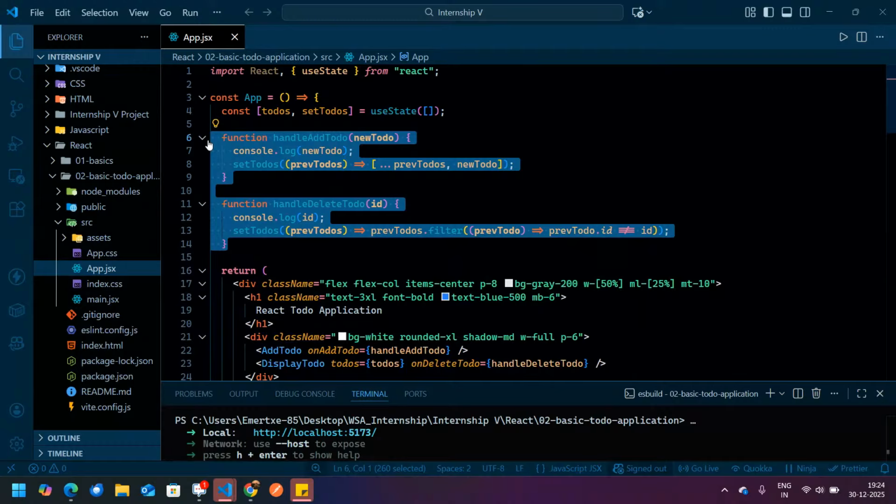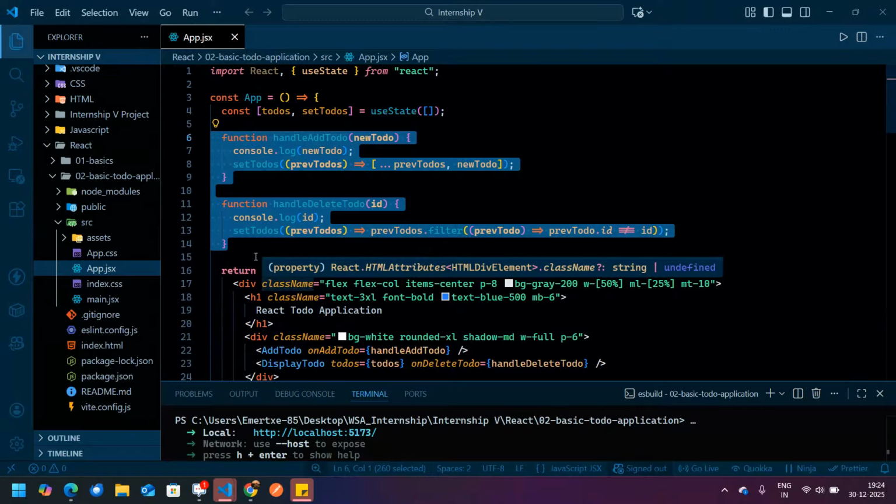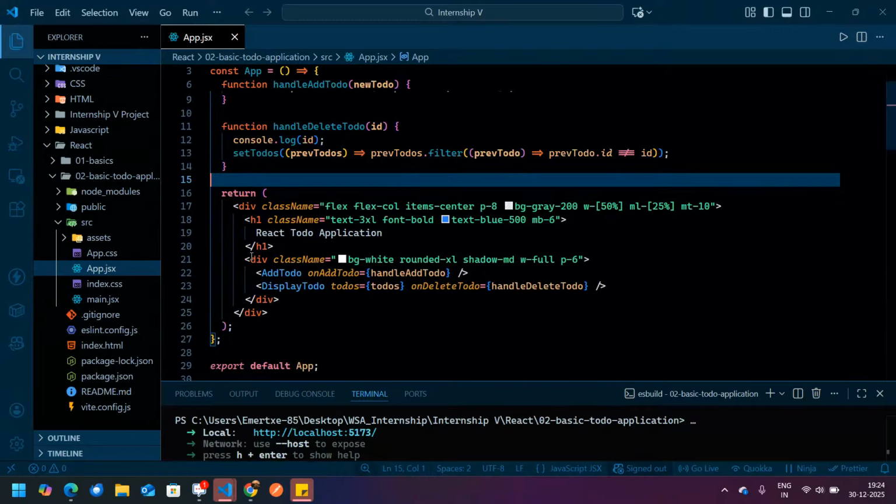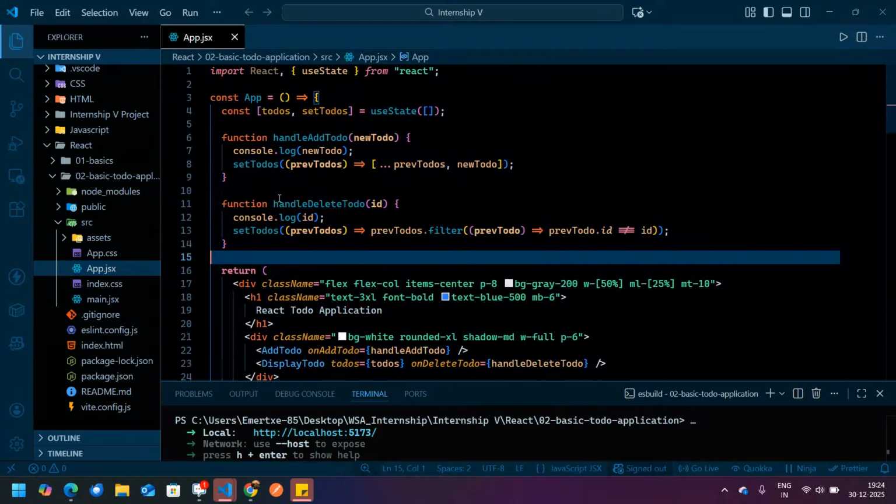What we are going to do is write it inside our display to-do. Okay, so can you tell me what function or what state value we needed to update the to-dos?